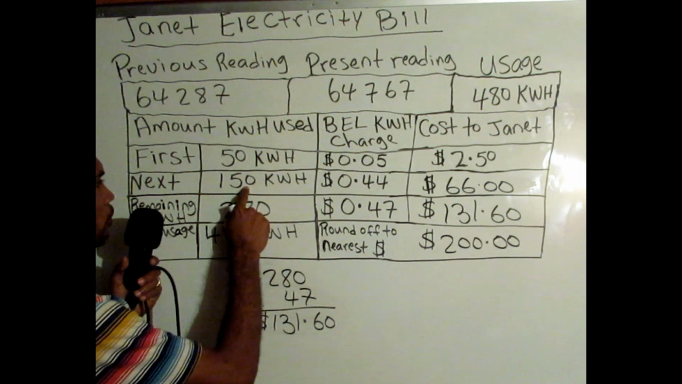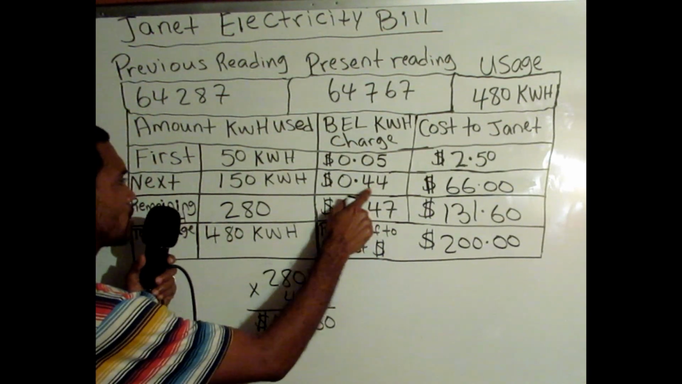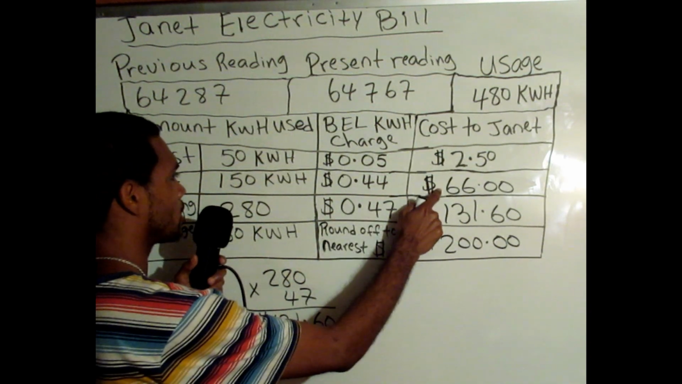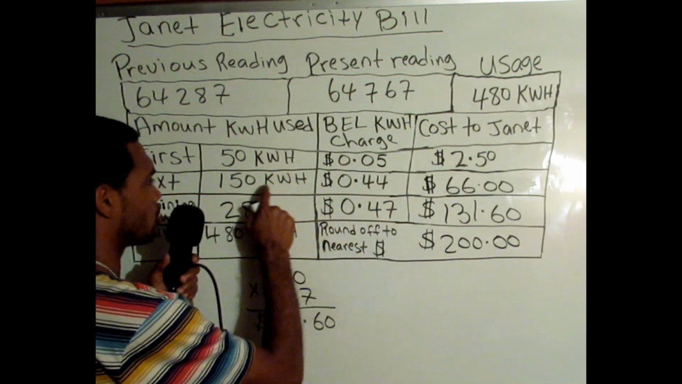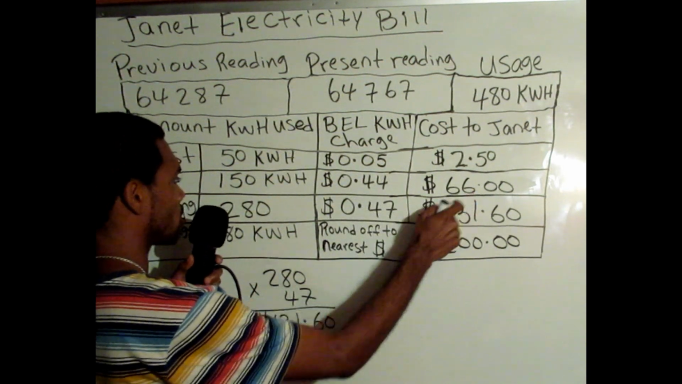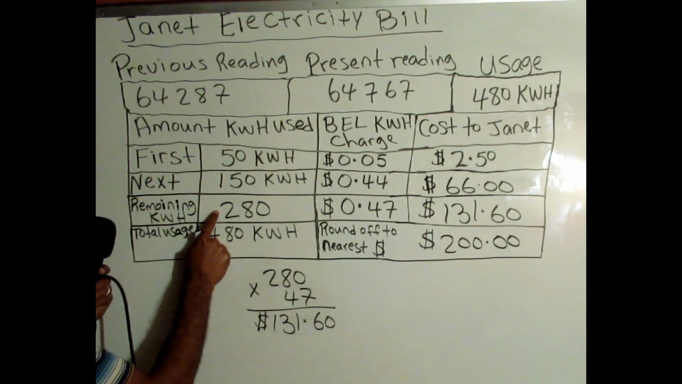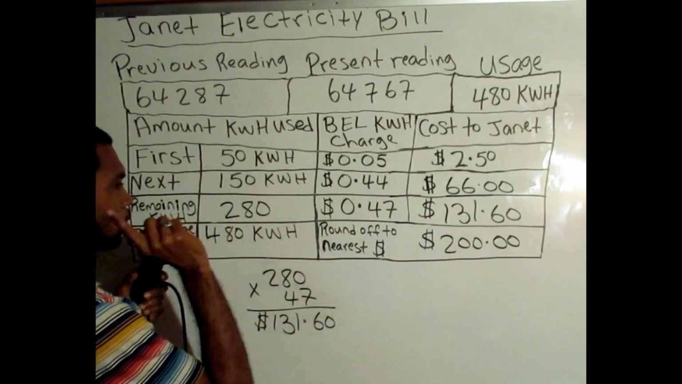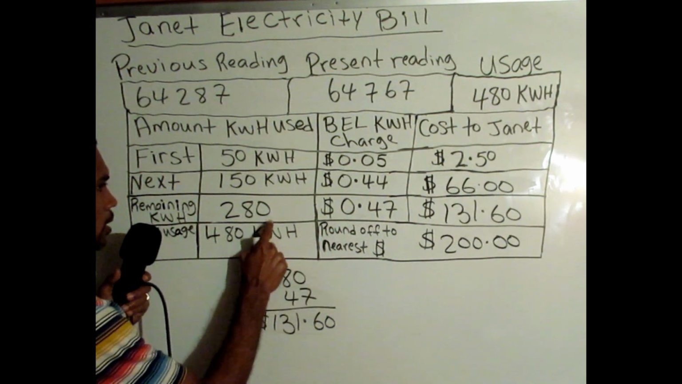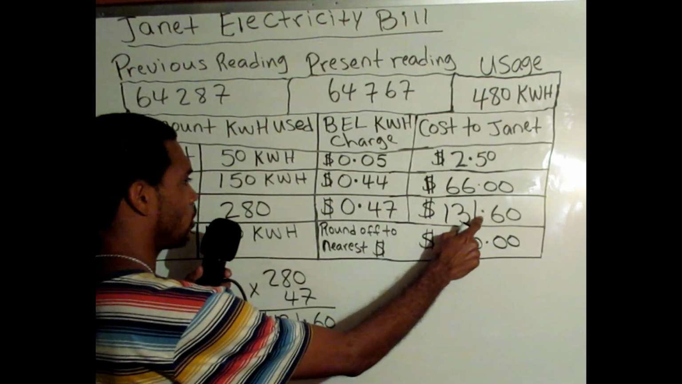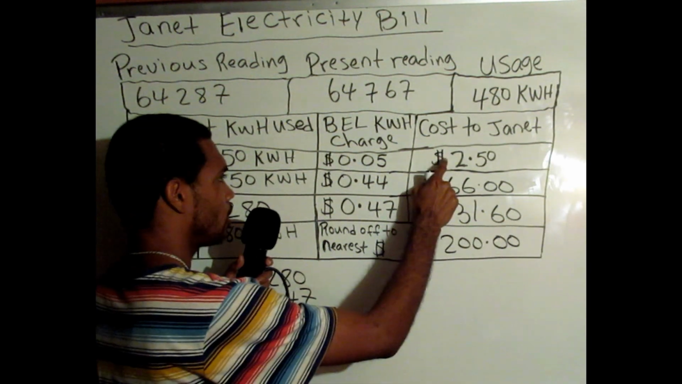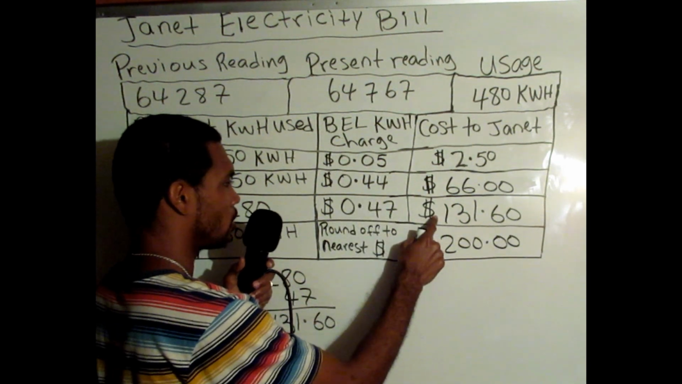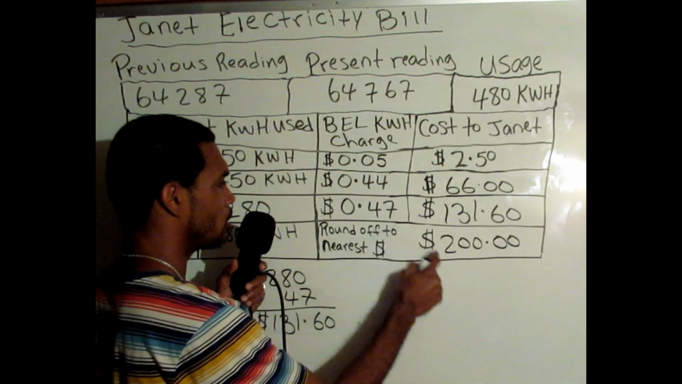They gave us just 150 kilowatts at 44 cents. Then when we multiply this 150 kilowatts by 44 cents, we got $66. So 44 times 150, it gave us this $66. So this remaining 280 kilowatts, we multiplied by 47 cents because it says 47 cents for every kilowatt. And when we multiply this with this, it gave us $131.60. And when we add this $2.50 plus this $66 and this $131.60, we got